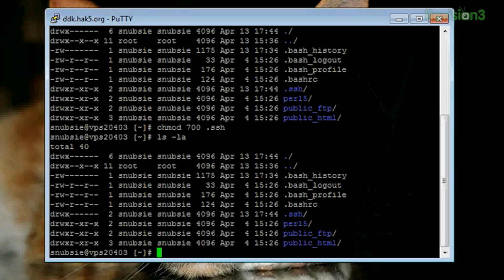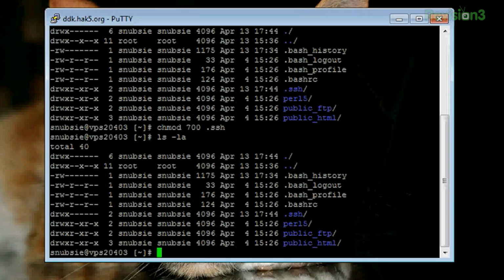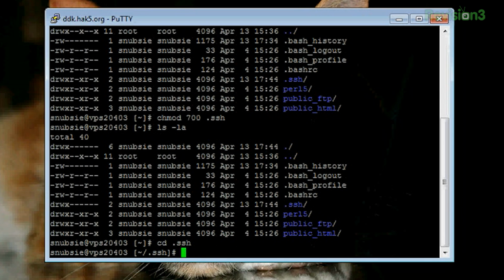Cool. All right. Awesome. I get it. Okay, so now that I have that set up, I've changed the directory, so I'm the only person that can do pretty much anything to it. I need to change my directory over to the .ssh folder. So now I'm in .ssh. And what is that tilde right there? Is that home? Yeah, tilde is home. So if you type cd and hit enter, you're going to go back home.